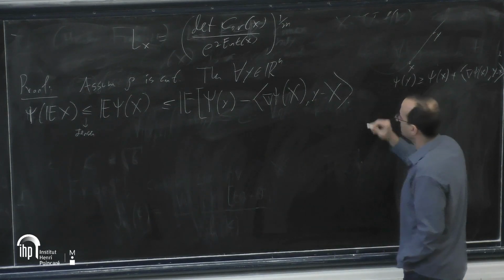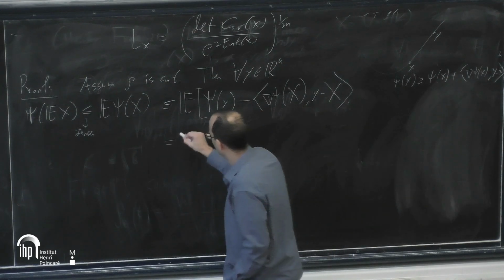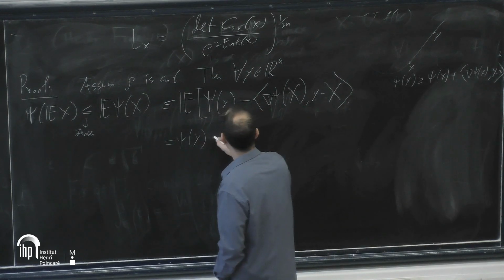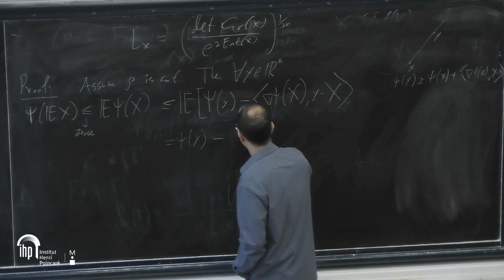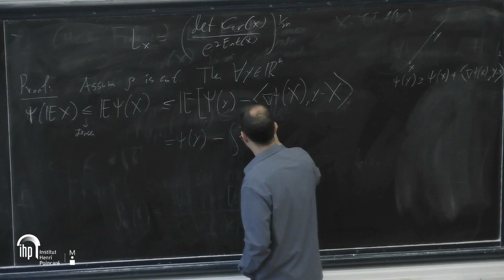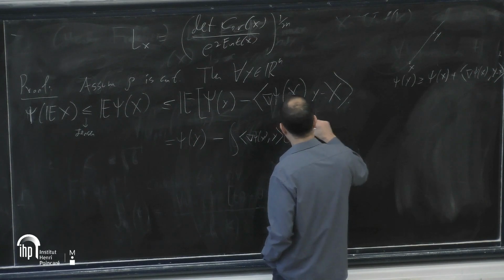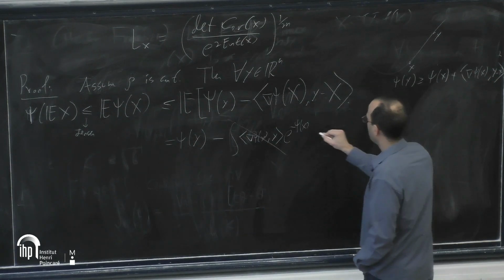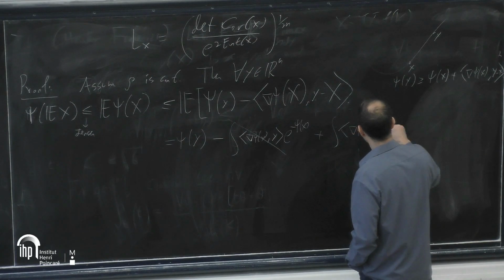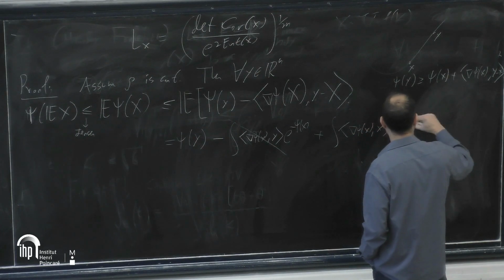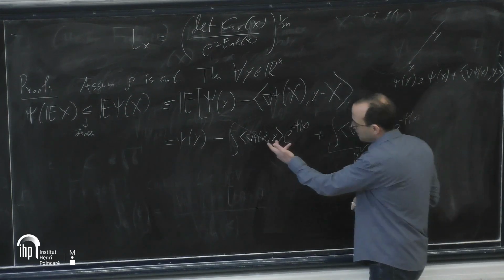And what is this? So this is psi of y, minus the integral of grad psi x, y e to the minus psi, which will be 0, I claim, plus the integral of grad psi x, x e to the minus psi x, which equals n, I claim. This equals n. So this equals 0, just by integration by parts.